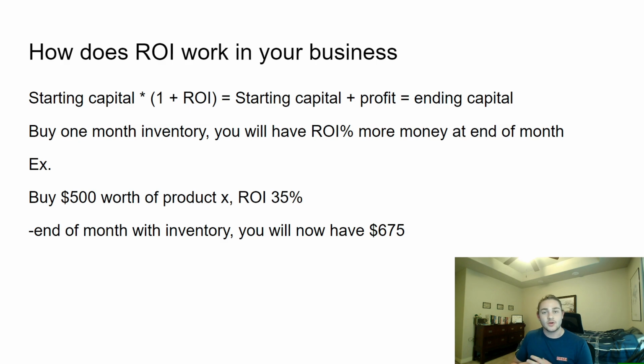So with that said, we're going to talk about the different ways you can sell on Amazon and exactly how much capital you're going to need for these different business models, because each of these business models has a different role to play with how ROI works and how your time costs work. So for the first business model, I'm going to suggest that you start with about $400 just to pay for the software you're going to need and a good amount of inventory.